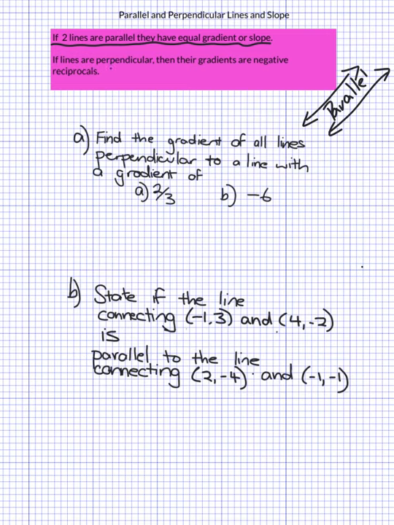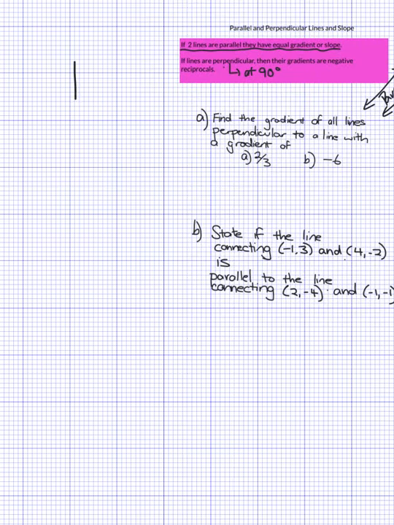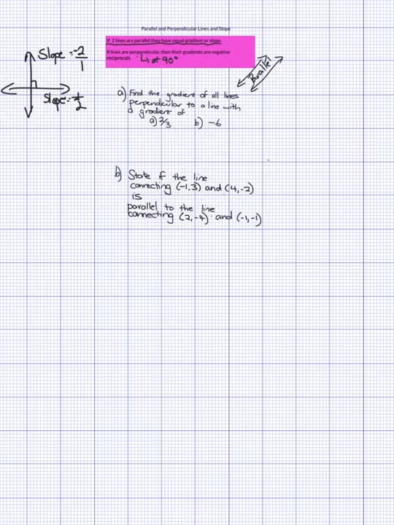trying to say. Then if lines are perpendicular, now that means at 90 degrees to each other, then their gradients are something called negative reciprocals. We talk about what that means. If we have two lines at 90 degrees to each other, like this, and say that the gradient or the slope of this line here is equal to a half, then the gradient of this line up here is the negative reciprocal. All that means is that you flip the fraction, so you flip it and you change the sign. Okay, so if you think of negative reciprocal,